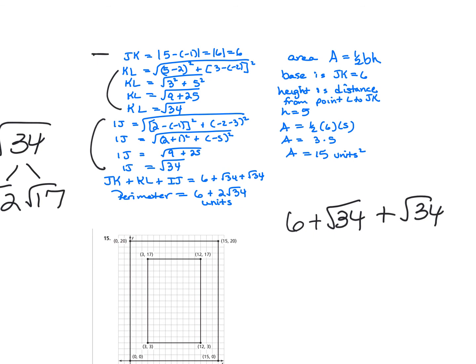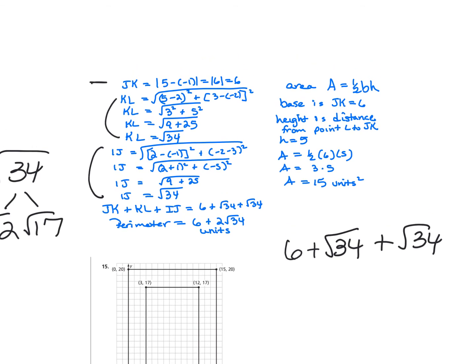When you add radicals, treat them like variables. Pretend like this really has a 1 in front. So pretend like you're adding 1x plus 1x, which would give you 2x. So the perimeter here would just be 2 square root 34. And then for the area, if I go back to where I graphed it,